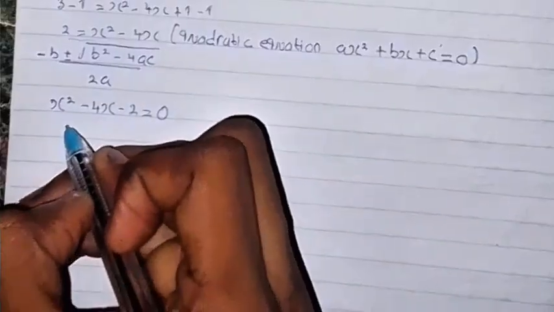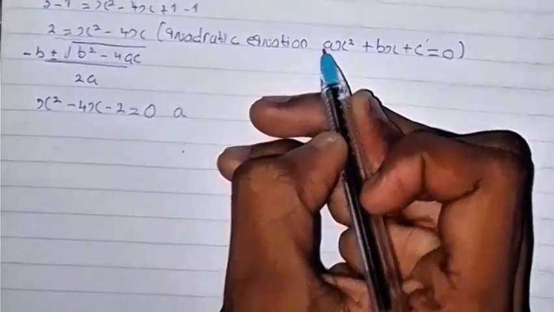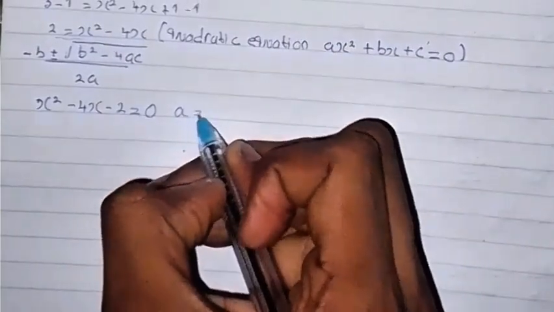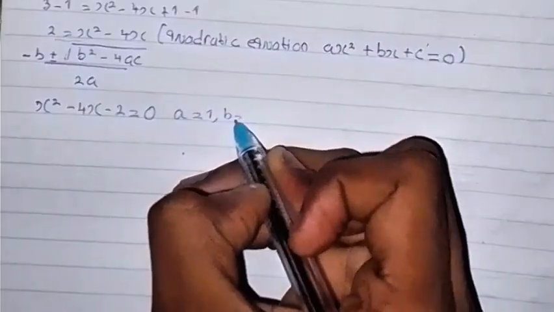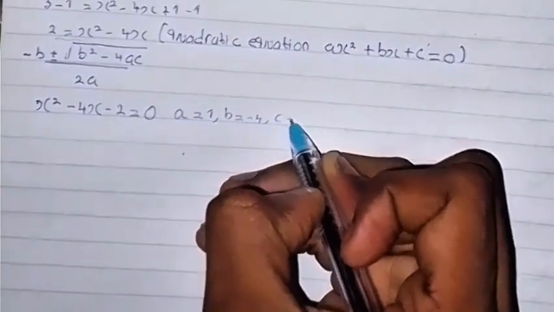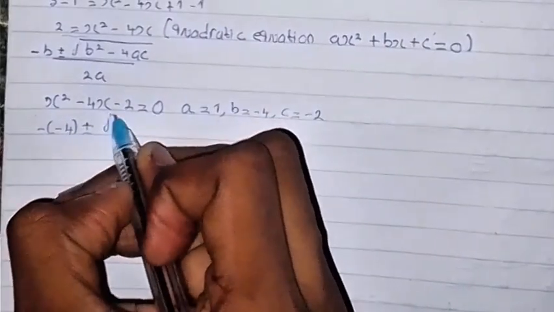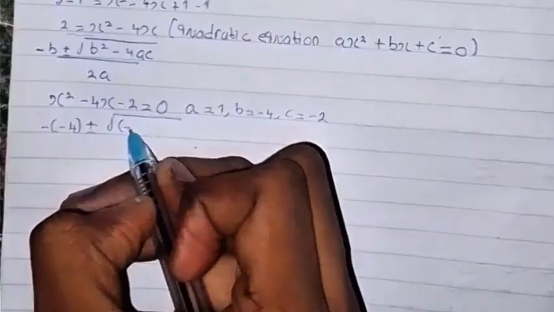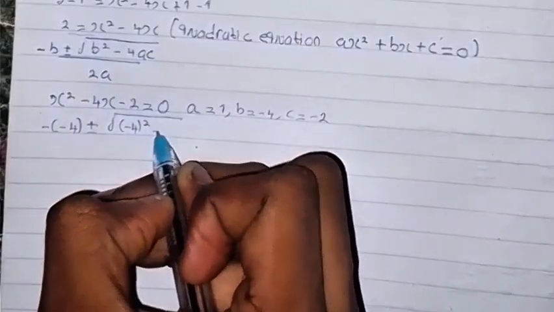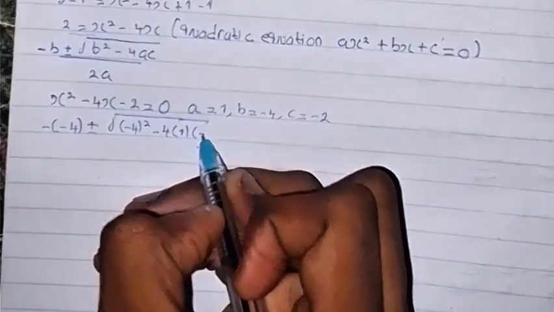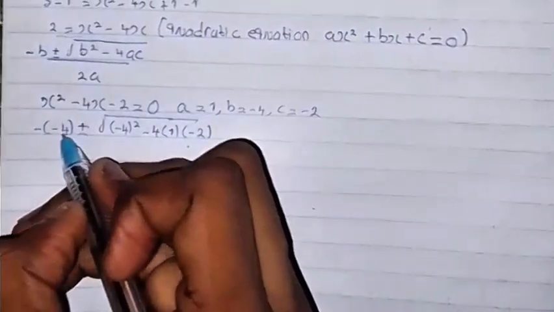So we'll now list out that ax squared, which is the first term. A is the coefficient of x squared. In this case, a is 1. We have b, the coefficient of x, minus 4. We have c, the constant, is minus 2. So let's plug in our values. We have minus b, which is minus of minus 4, plus or minus the square root of b squared, b is minus 4, we'll put that in bracket, all squared, minus 4, a is 1, c is minus 2, all divided by